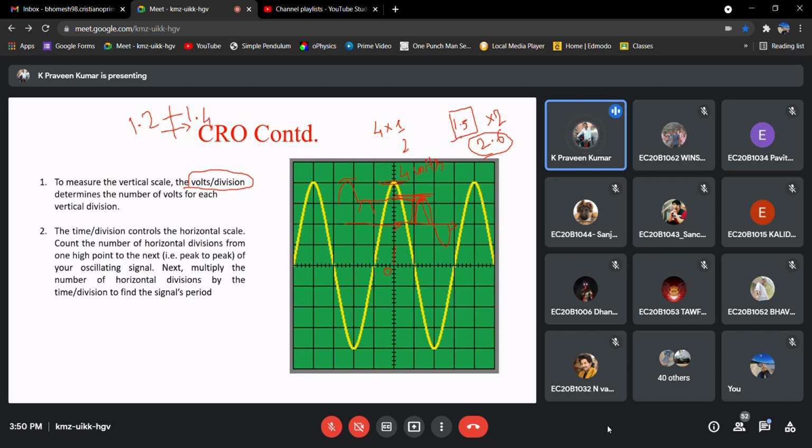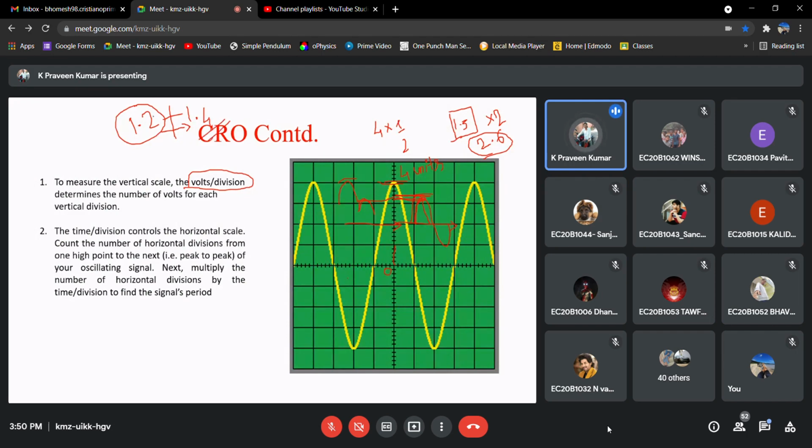Or if you're not completely sure, even if it is not perfectly in sync with that scale, it is always recommended to take the lower unit. Don't take the upper, please take the lower. Why? Because we know that the signal amplitude is reaching 1.2, but it is not reaching 1.4, right? So we can't take the upper value.